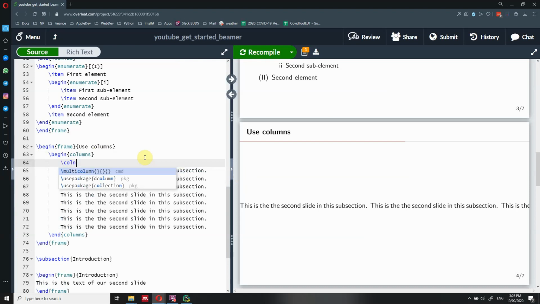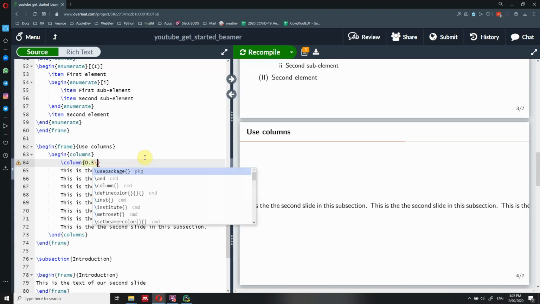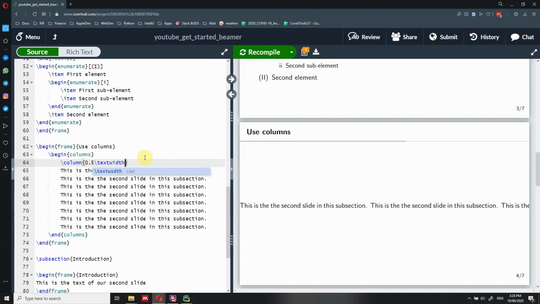So we need to add the column, and we can specify inside the curly braces what is the width of our column. In this case, we're going to use a very useful command, which is text width. We don't want to specify a fixed value because that could change if we change the aspect ratio of the presentation.